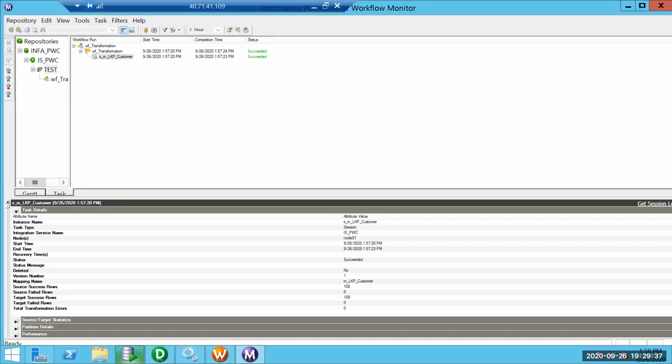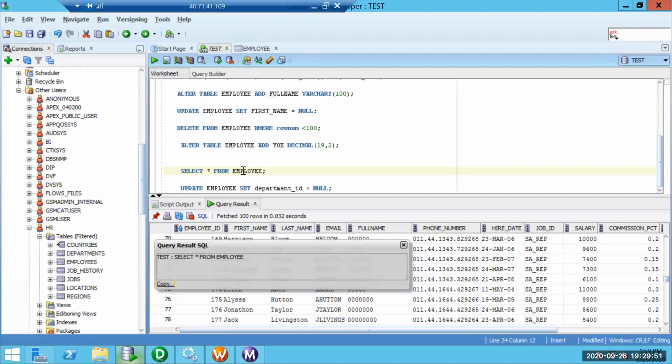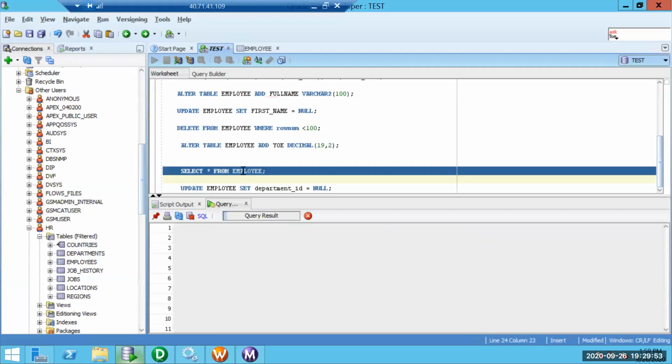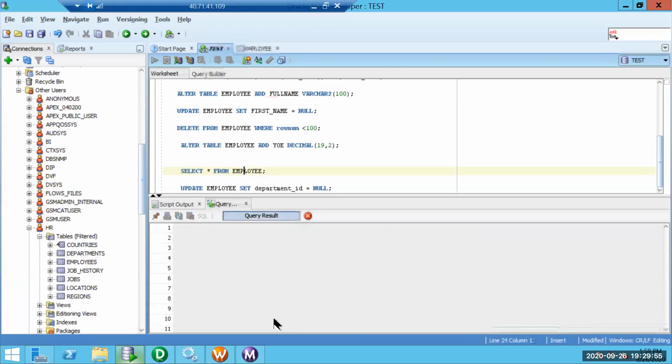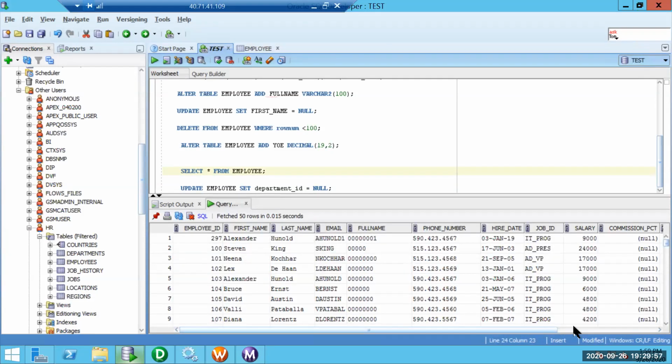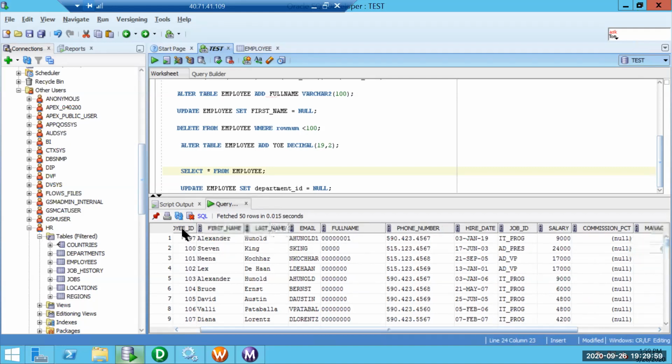So now the expectation, like we were discussing some time back, is that it should not update the department IDs for those employee IDs which are less than 171 in the employee table. Whichever are less than 171, because we did not build the cache. So let's see. Let me sort it by employee ID.